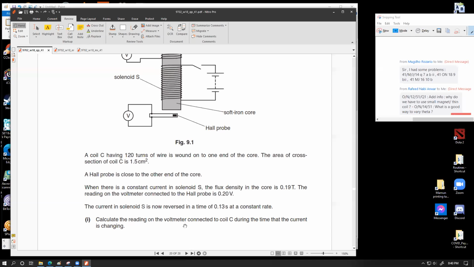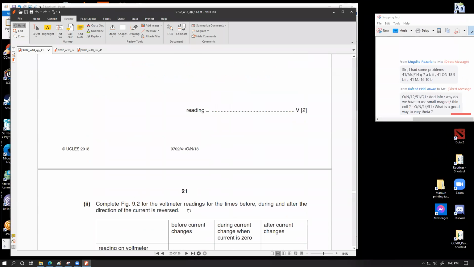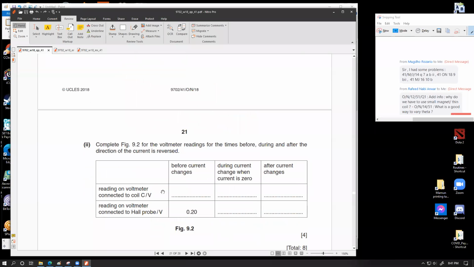So calculate the reading on the voltmeter connected to the coil during the time when the current is changing. Then it says complete figure 9.2 for the voltmeter readings for the times before, during, and after the direction of the current is reversed. Reading on voltmeter connected to the coil, before the current changes,